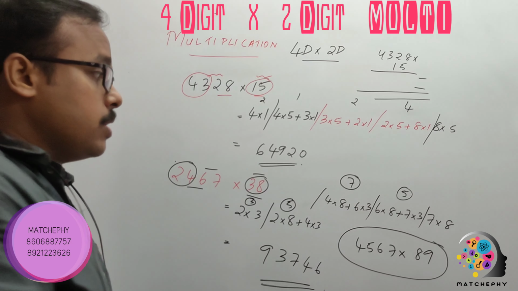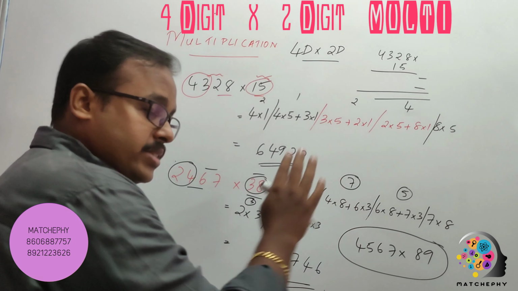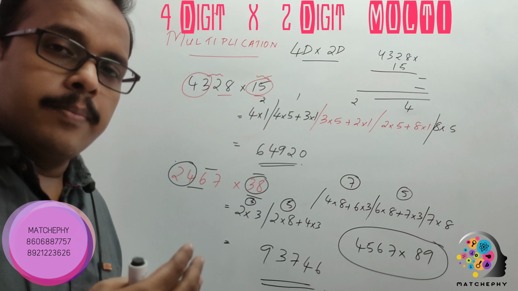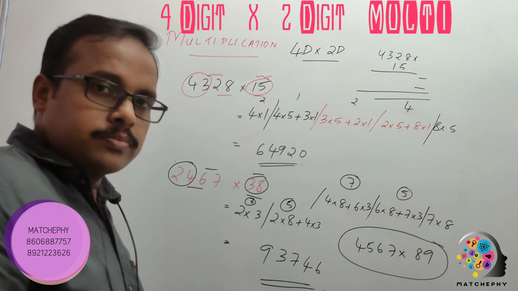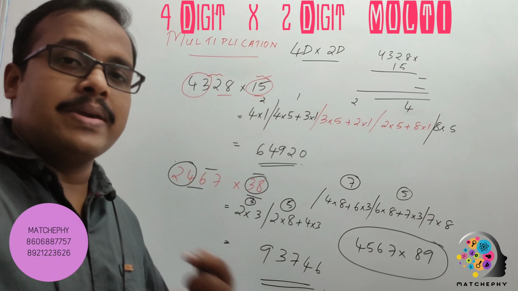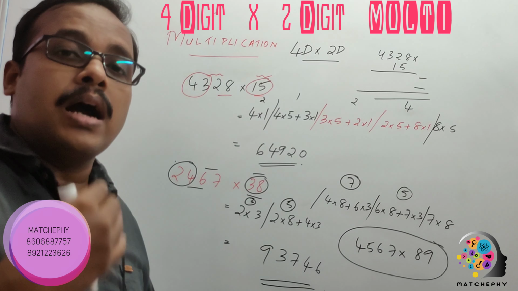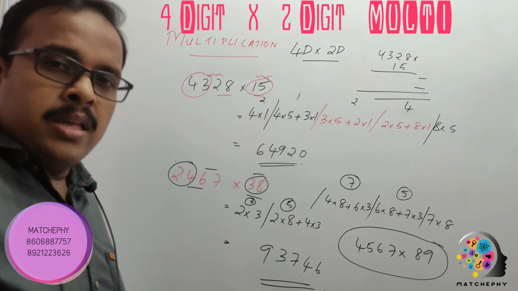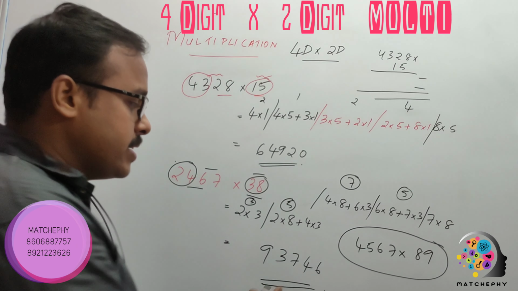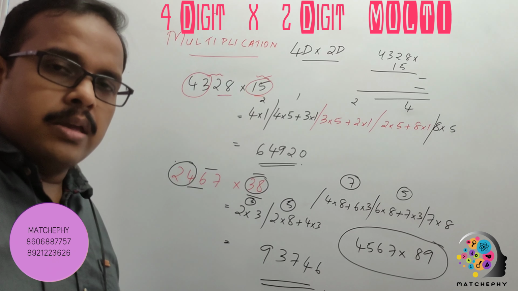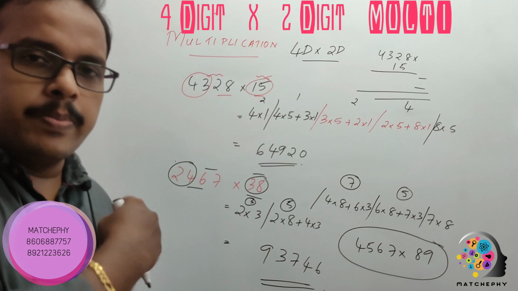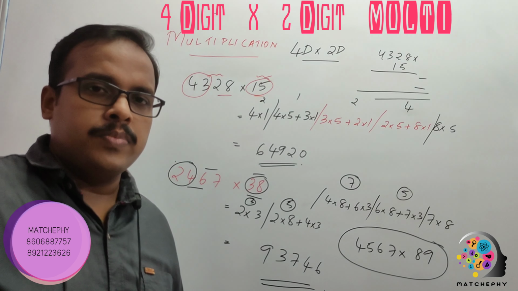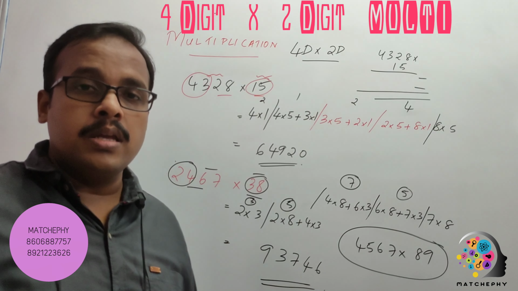Right? But if you are trying to do it with the step in the initial stage, in the beginning, and then you are omitting the step, that means we are getting the pace. Okay? That means we are trying harder. Okay? At that time, it will be very easy. Within a matter of seconds, within 10 seconds, you can solve this. Okay? You just try it. Just keep up the pace. Okay? That's very important. Okay? So with that, the multiplication. Okay?